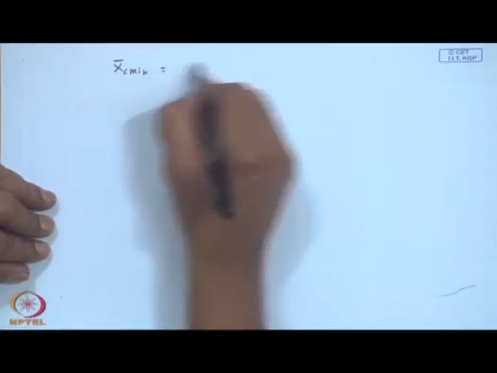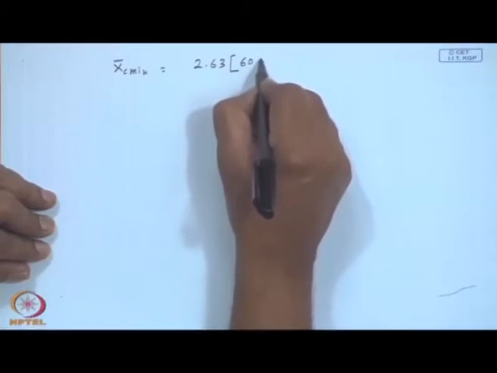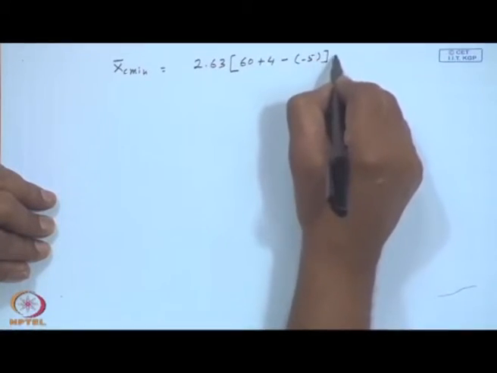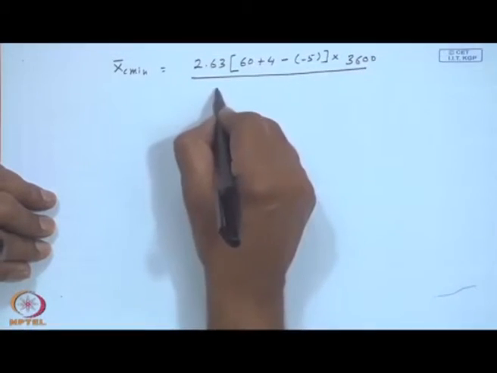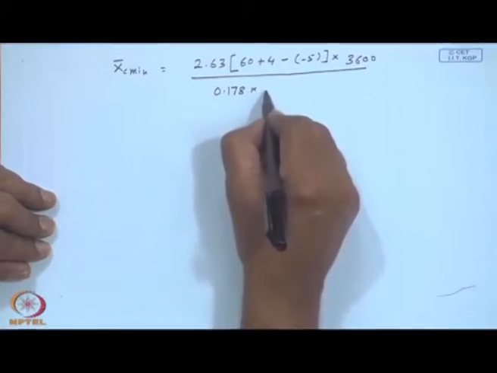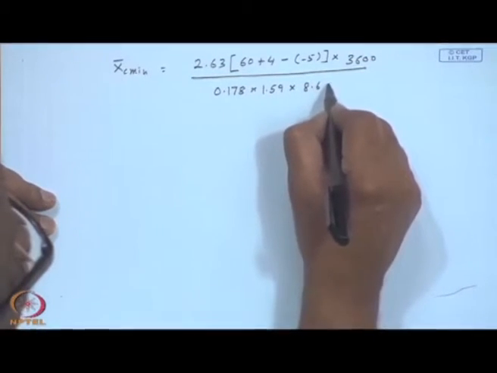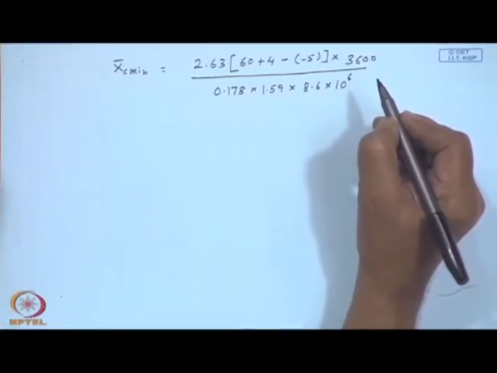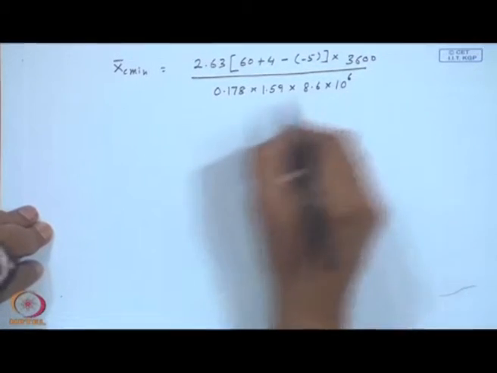So, x c bar minimum will be F R U L, that is 2.63, times 60 plus guessed 4 temperature minus T A bar, which is minus 5, times 3600 to make it time unit proper, by R T n times R n times 8.6 H bar, sorry, H bar R T n, so that is to make it joules,